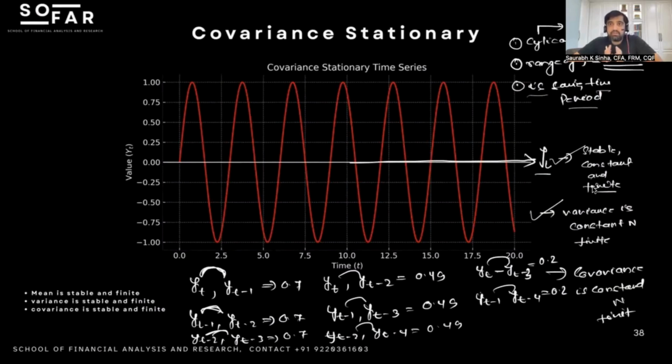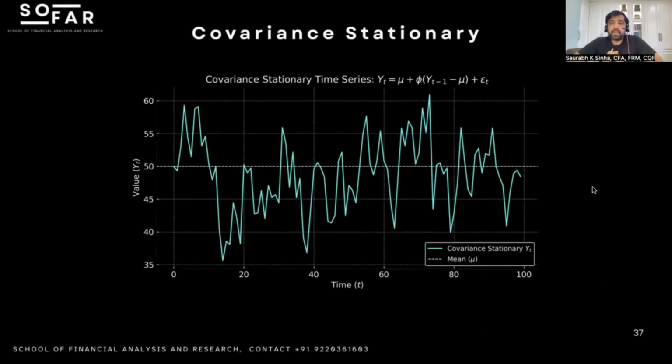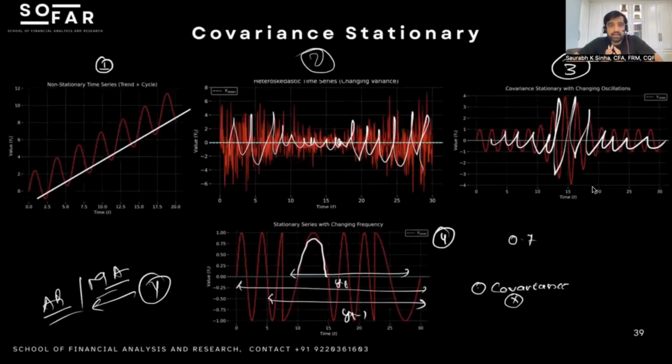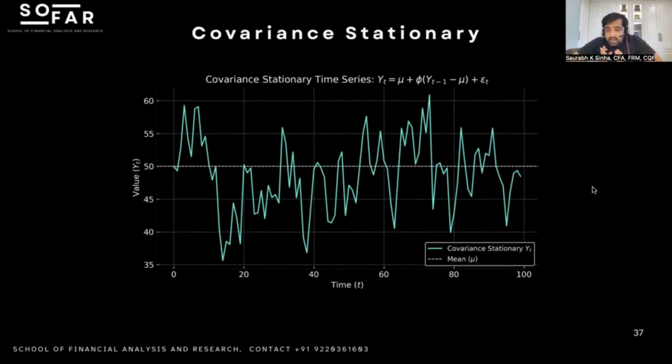Mean is stable and constant. You can feel it. You can see it. Variance is stable and constant. You can feel it. You can see it. Covariance is stable and finite. You can feel and see it. And in all these plottings, you can directly see that, okay, the mean is not stable, the variance is not stable, and the covariance is not stable. But in real life, you will see a lot of graphs like this